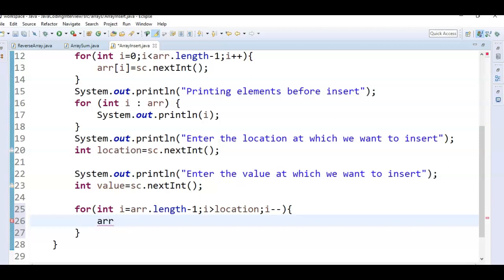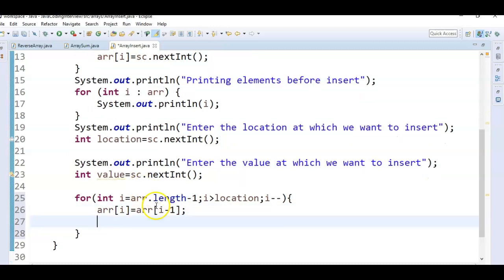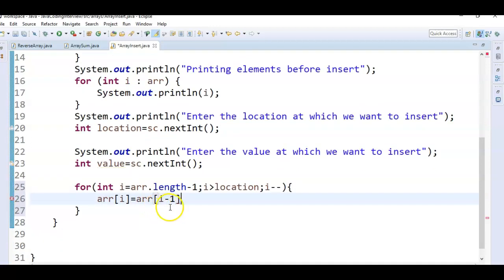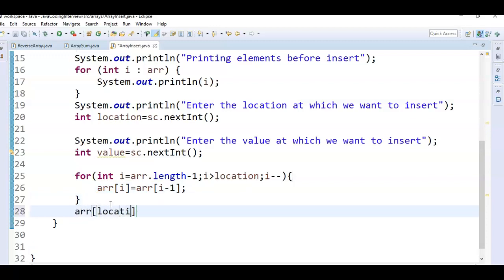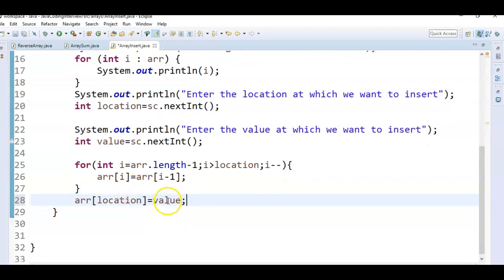So array of i equal to array of i minus 1. Then array of location equal to value. Here we are storing the value at array of location.